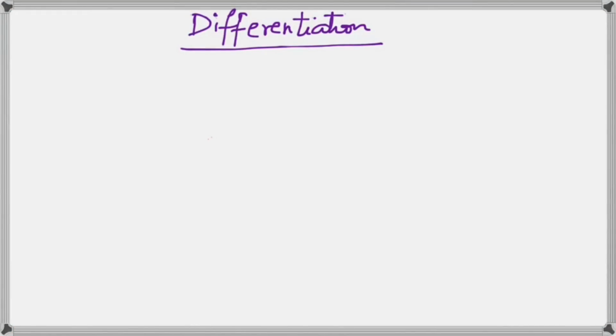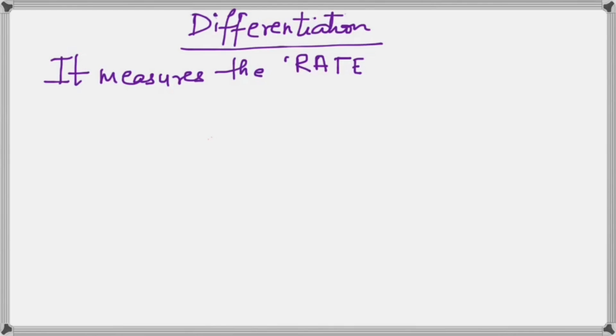So now that we have taken a look at the graphs as well as trigonometry, let's move on to differentiation. Differentiation plays an important role in physics because it measures the rate of change. Now there are two important words here. First is change and the second is rate. We will take a look at them one by one and see what they mean.